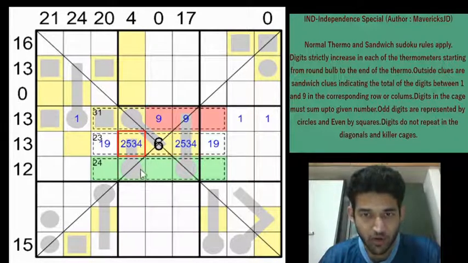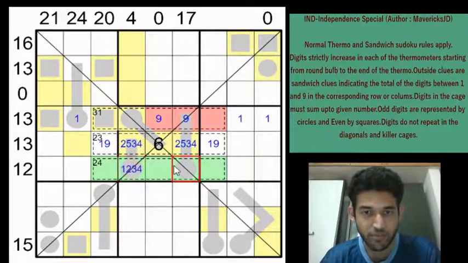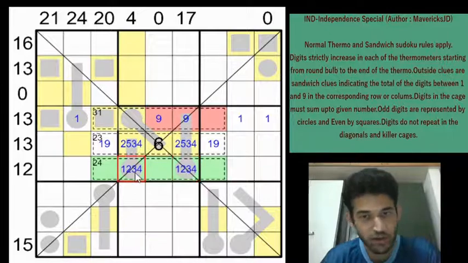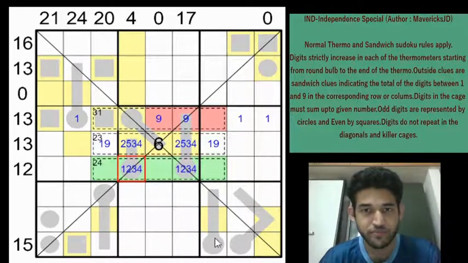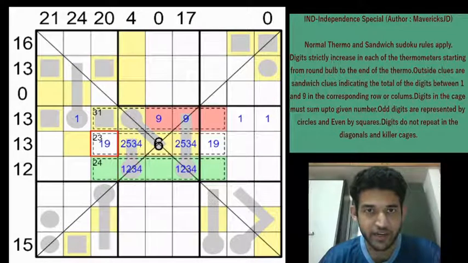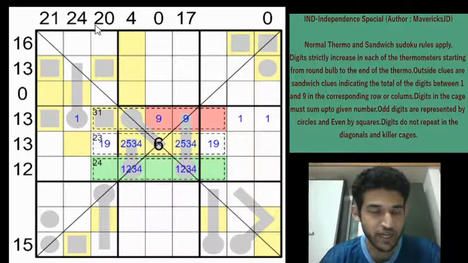And since the round bulb will be containing a digit less than this and the maximum value in these 2 cells is 5, the maximum value in these 2 cells will only be 4. We can pencil mark the possibilities. So this will be 1, 2, 3, 4 or this is going to be 1, 2, 3 and 4. And now since we have marked 1 and 9 here, we can eliminate some more cells. For the 20 clue, we need a minimum of 3 cells between the 1 and the 9. So we can eliminate these cells as not being 1 and 9. So our 1 and 9 is either going to be in row 1 column 3 or row 9 column 3.